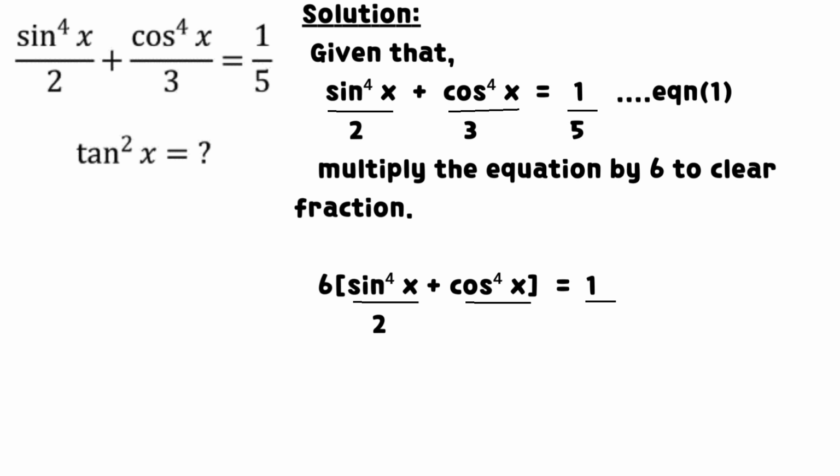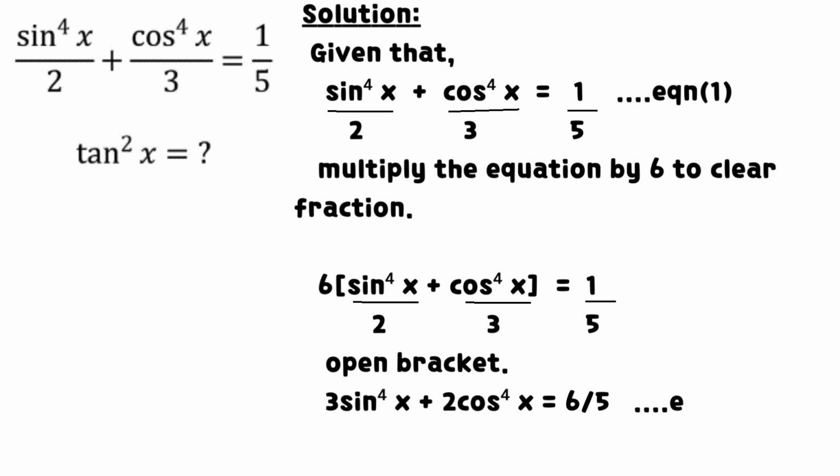Multiply the equation by 6 to clear fraction. It implies that 6 times the sum of half of sine x to the power of 4 and 1/3 of cosine x to the power of 4 equals 6 times 1 divided by 5. The sum of 3 times sine x to the power of 4 and 2 times cosine x to the power of 4 equals 6 divided by 5. We call it equation 2. It follows that